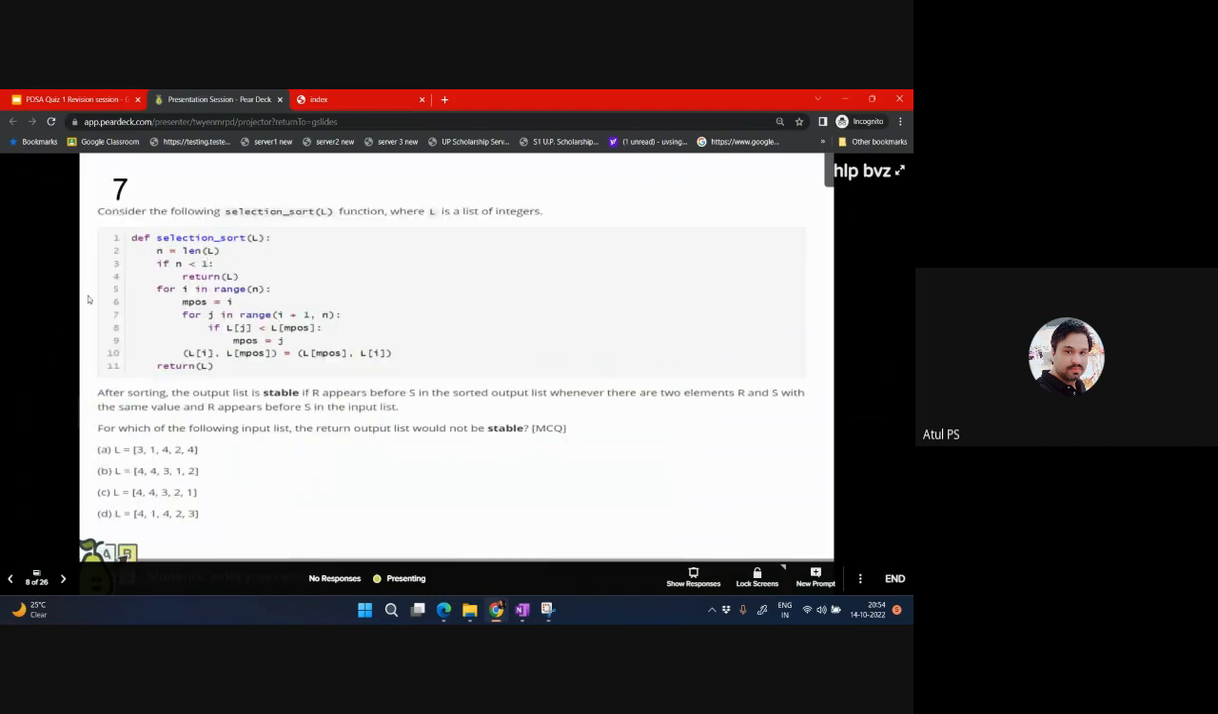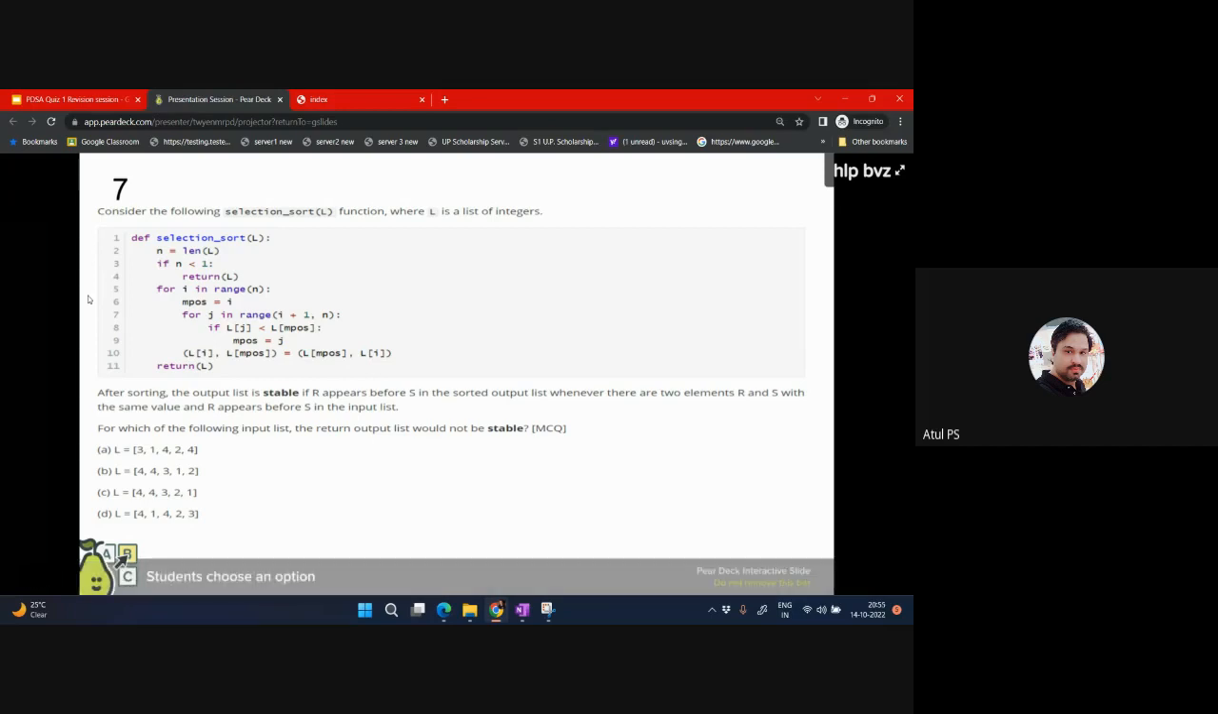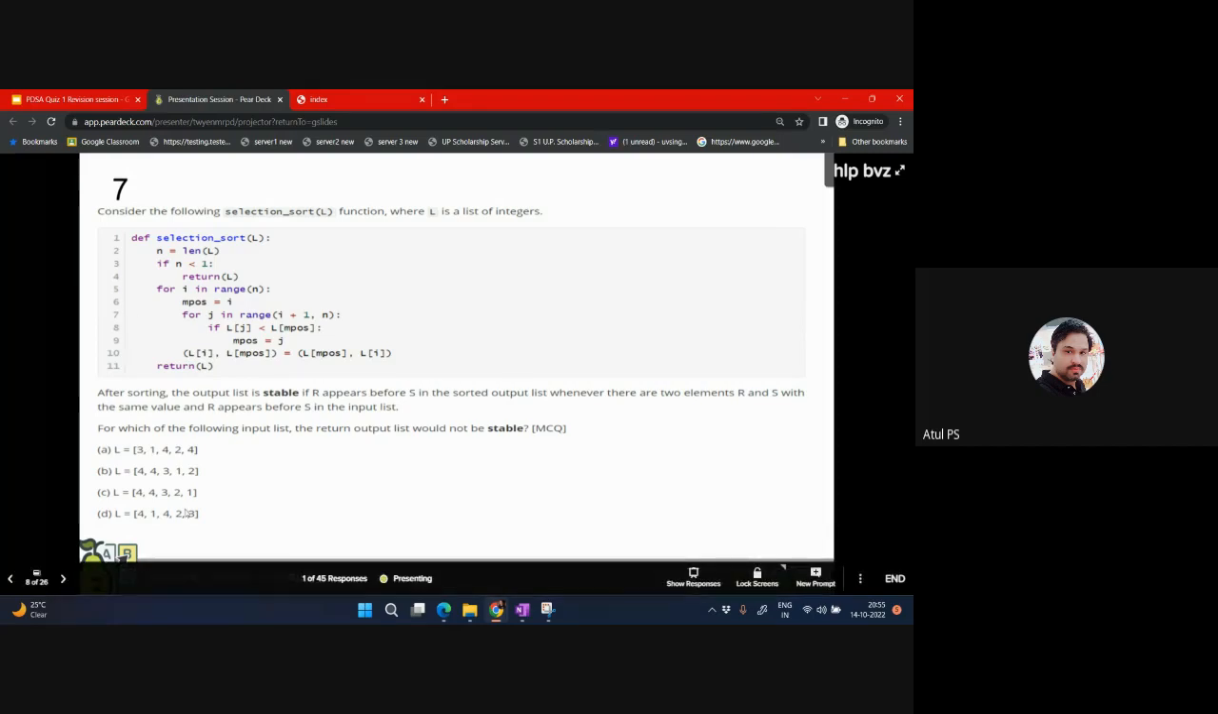Now we are starting the sorting algorithms. Here one code is given. You should remember this code. This is simply the selection sort code that you saw in the lecture. So just check, for which input